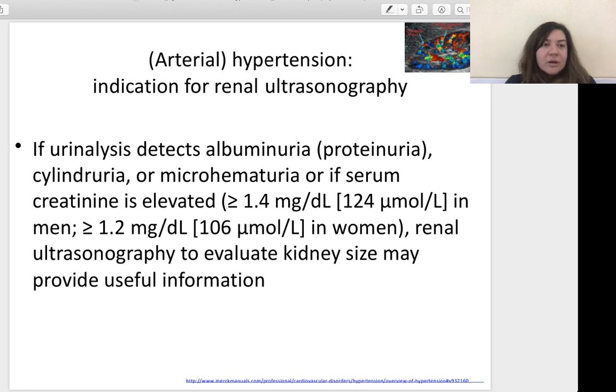Okay, let's return. I include renal ultrasonography. Indications for it: if urinalysis detects albuminuria or proteinuria, cylindruria, microhematuria, or if serum creatinine is elevated more than 1.4 milligrams per deciliter or 124 micromoles per liter in men, and for women 1.2 and 106. Renal ultrasonography is indicated to evaluate kidney size, and may provide